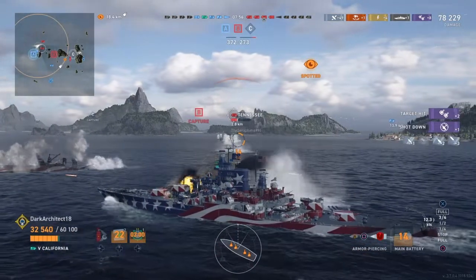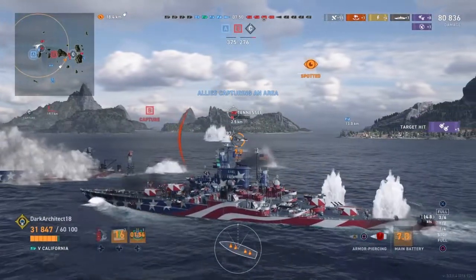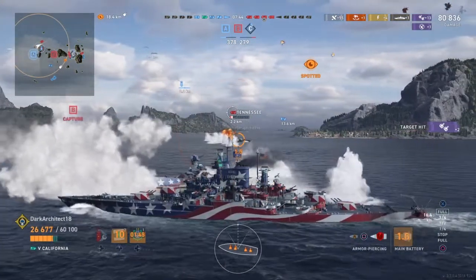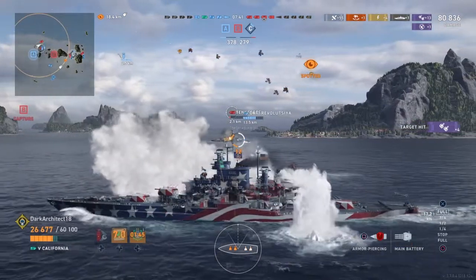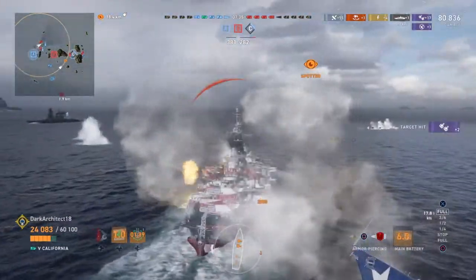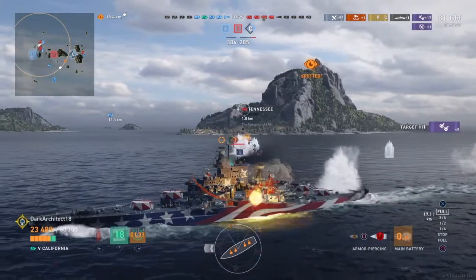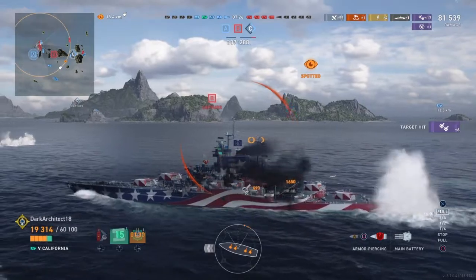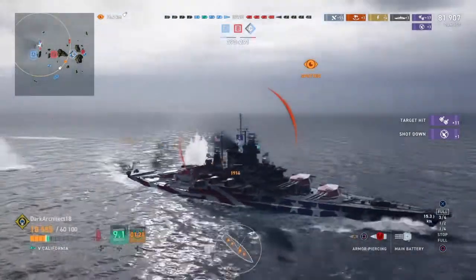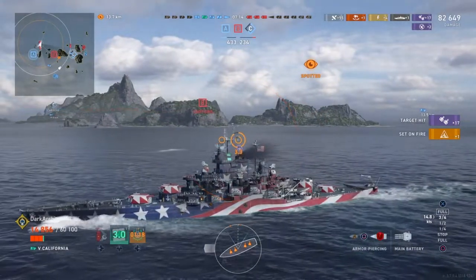Secondaries 8x1, 127 millimeters, 6.2 kilometer firing range, 4.5 second reload, 1,800 max HE shell damage, 9% fire setting chance, 10x1, 127 millimeters, 6.2 kilometer, 7-second reload, 1,800 max HE damage, 6% fire setting chance. Then for the AA defense, we got 8x1, 127 millimeter, 30 average damage per second, 1.2 kilometer firing range, 4x1, 76.2 millimeter with 11 average damage per second, 3.5 kilometer firing range,